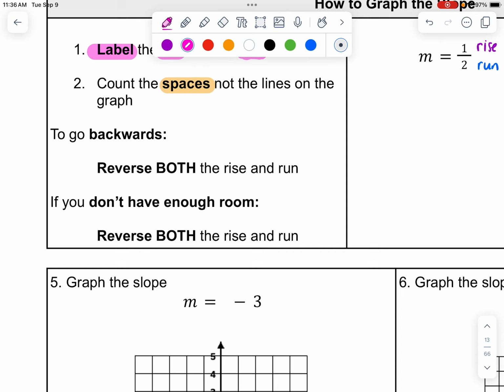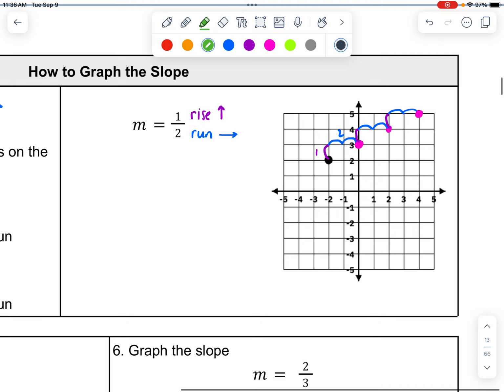Now I could reverse this slope. If I want to go backwards, then what I need to do is reverse both the rise and the run. The same thing goes for if you don't have enough room to go forwards. Sometimes the starting point is too close to the edge of the grid paper and we don't have enough room. We need to reverse both the rise and the run. So here's what I mean by that. To reverse this slope, I would go down 1,